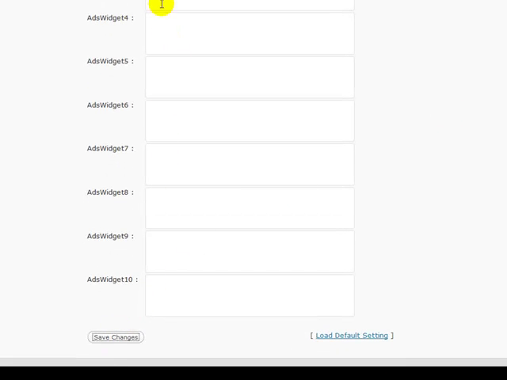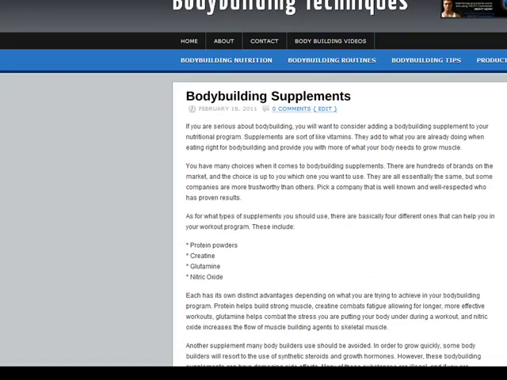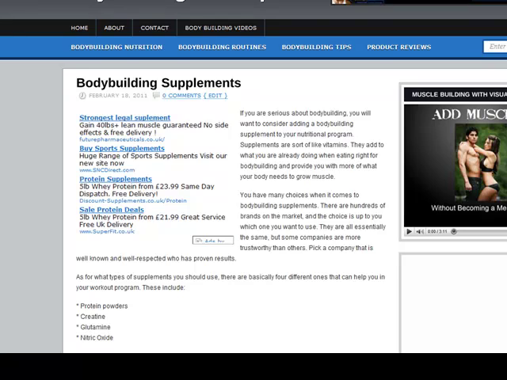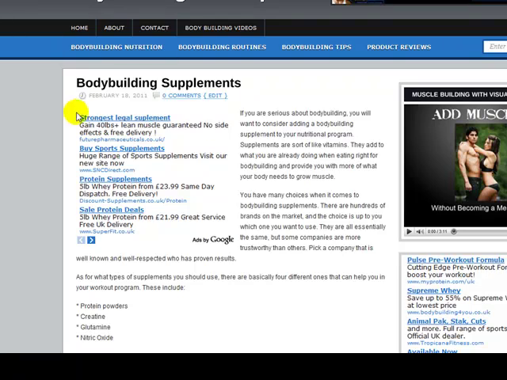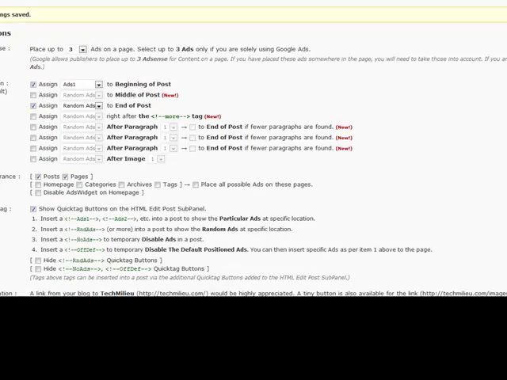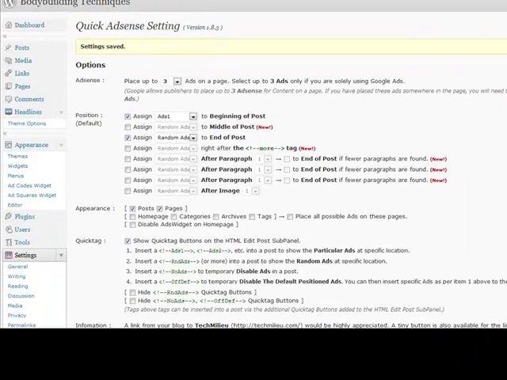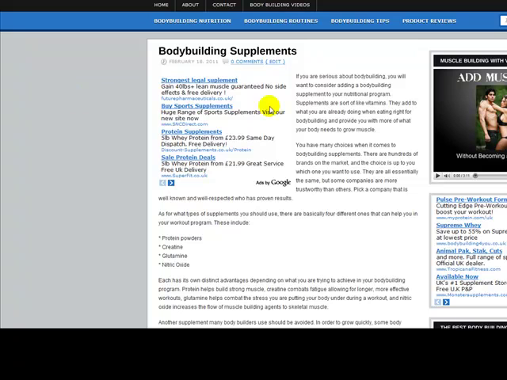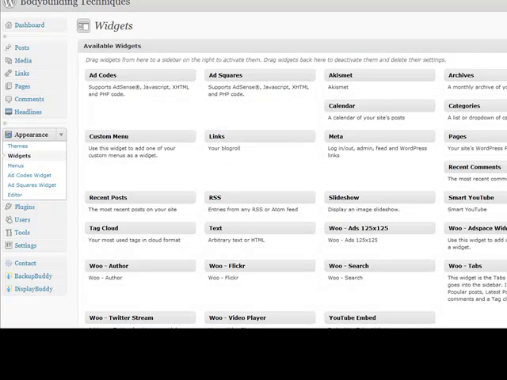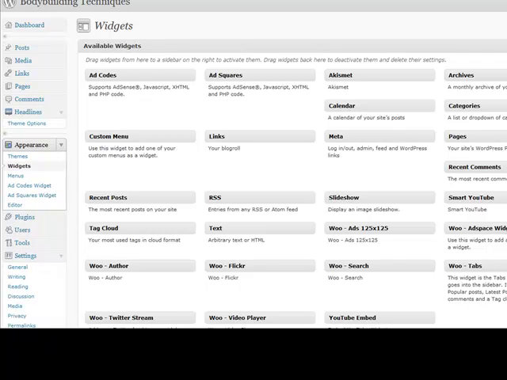Click Save Changes. Okay, now I refresh the page. Okay, so there's my ads. There are my ads there. That wasn't supposed to appear yet. So I'm going to go back to widgets. But that showed up like it should. And normally,